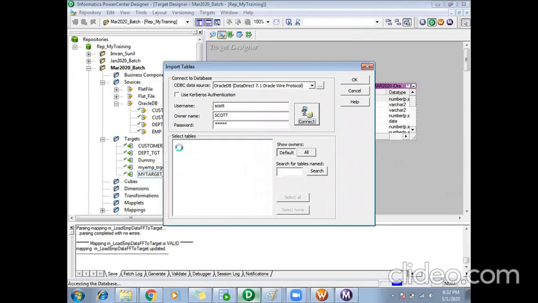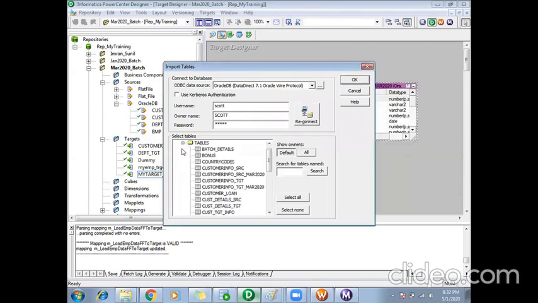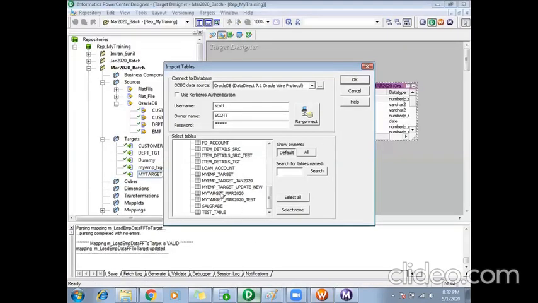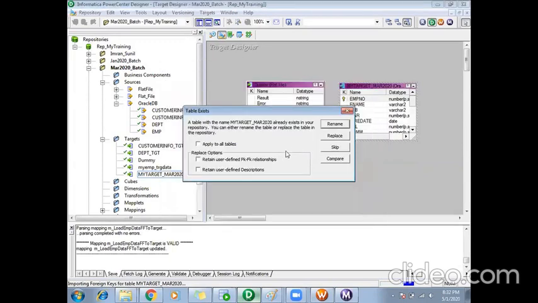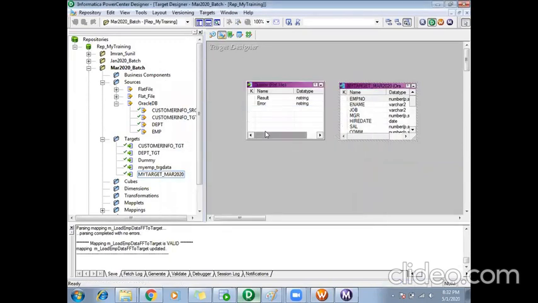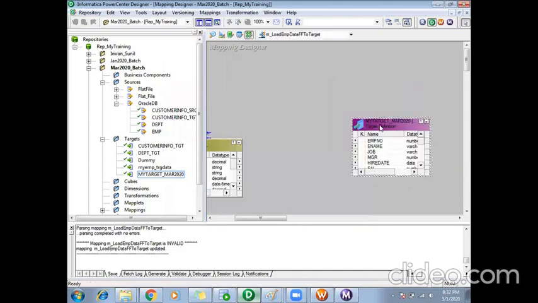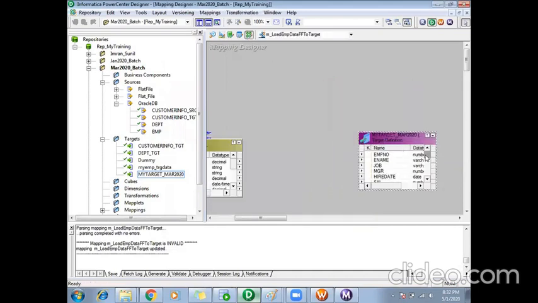I am just re-importing it. Replace, done. I'll save it. Okay. So now my target has a column called country code.